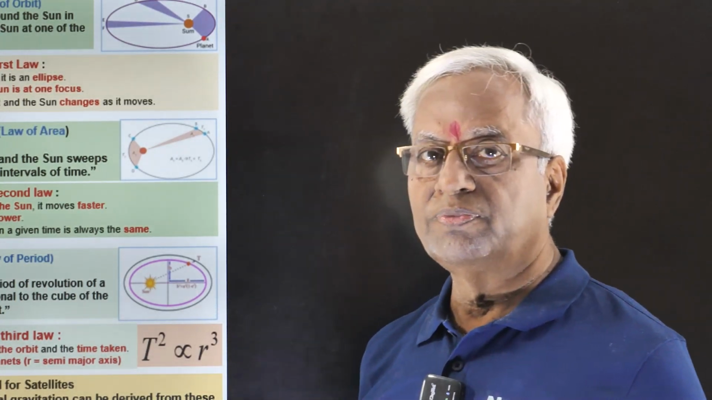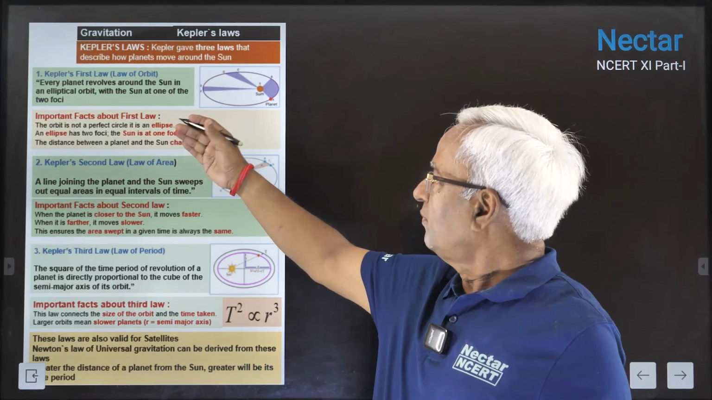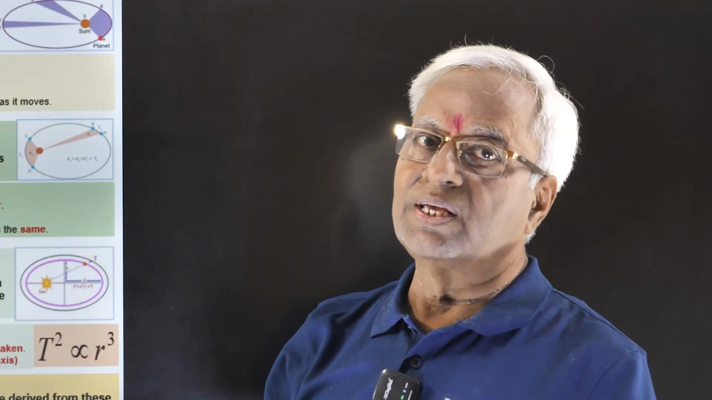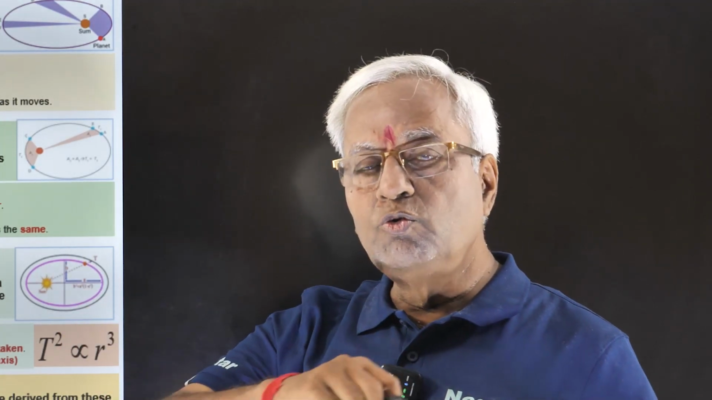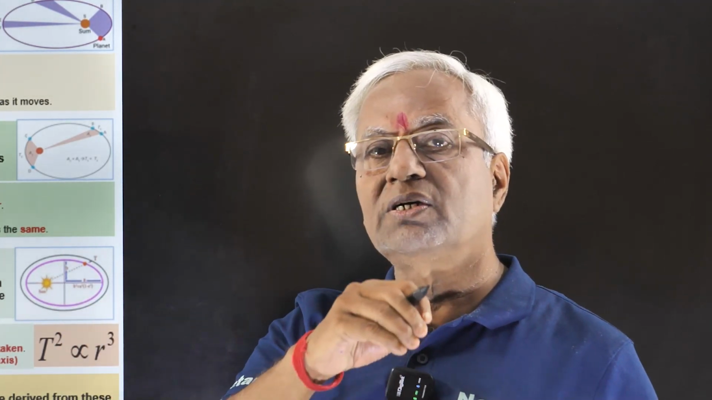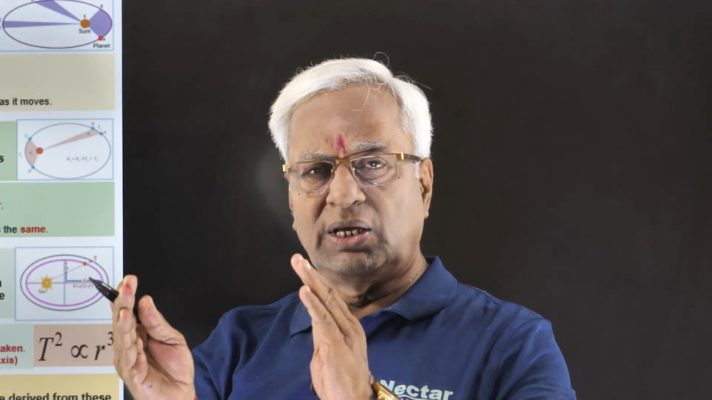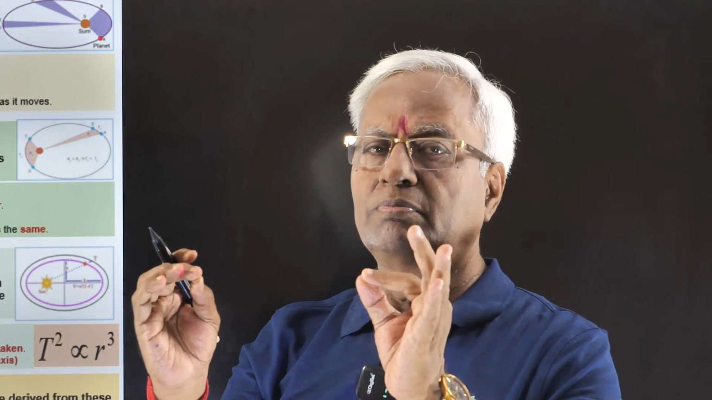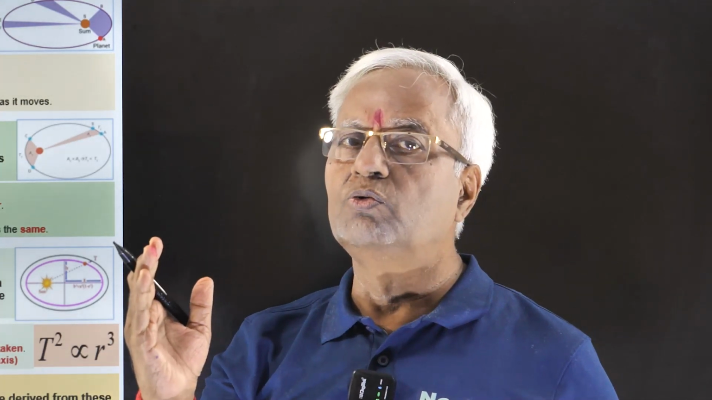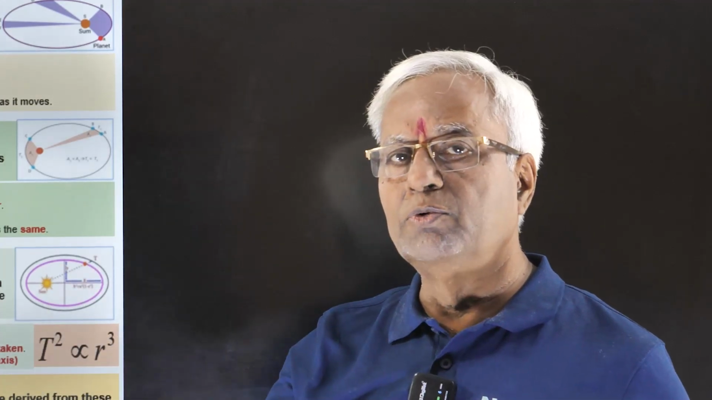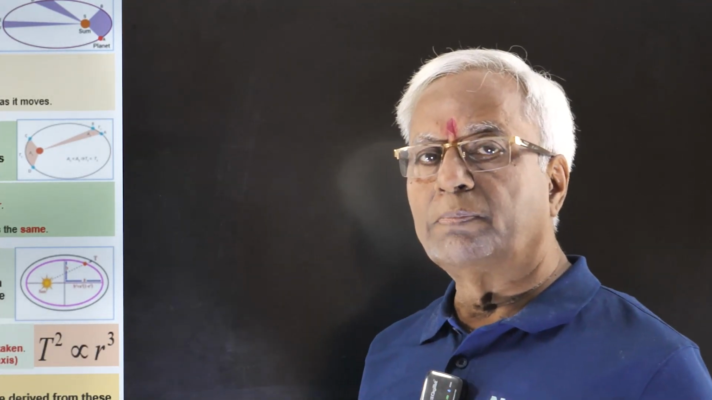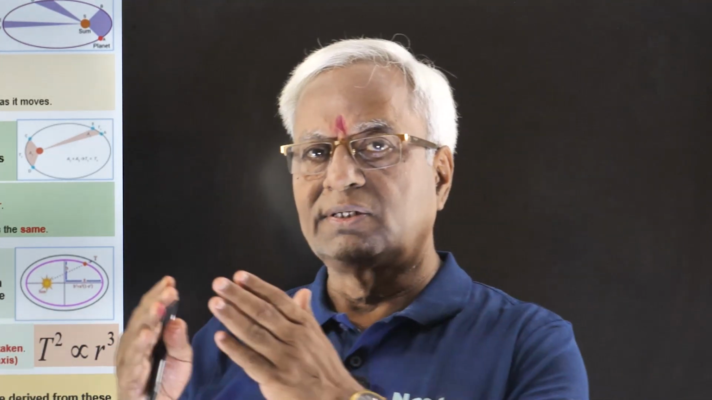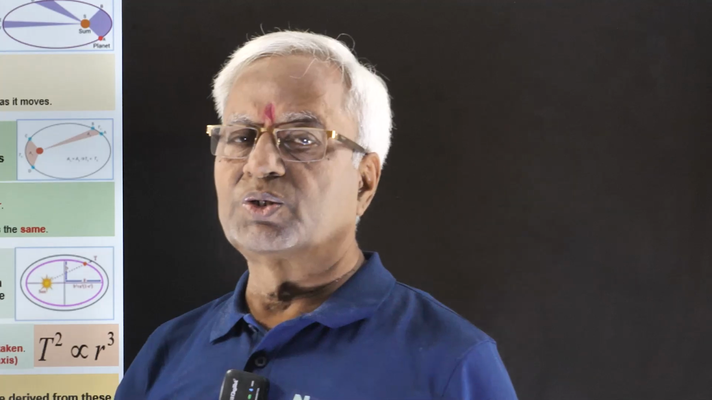Kepler's first law is known as the law of orbit. It says that the planets move around the Sun in an elliptical path. There are two foci, but the Sun is at one of the two foci, and the planet moves around it. When the planet is at a greater distance from the Sun or at a smaller distance from the Sun, its velocity will